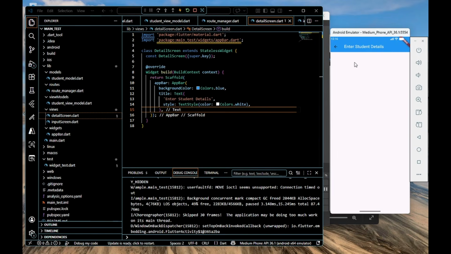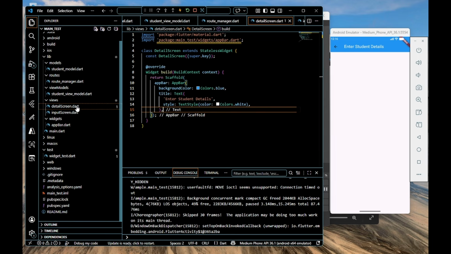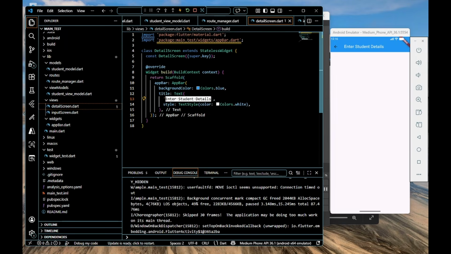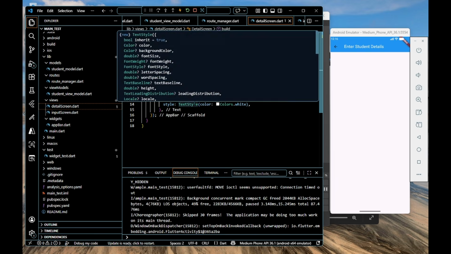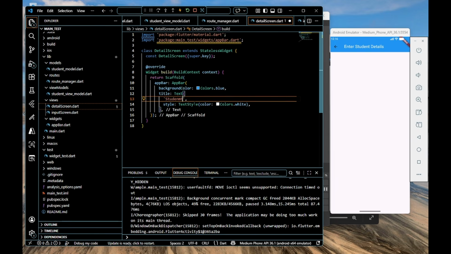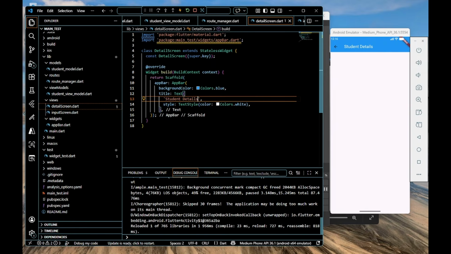Okay, so we have this. This is our detail screen. But on the detail screen, the text has to be different. Just to say student details. Save that. Good. And then the student details is all about